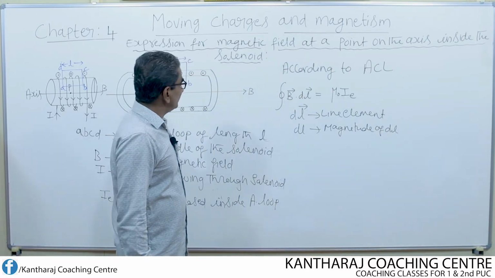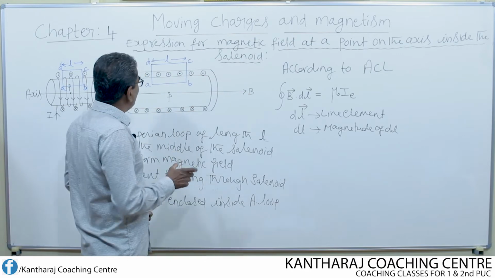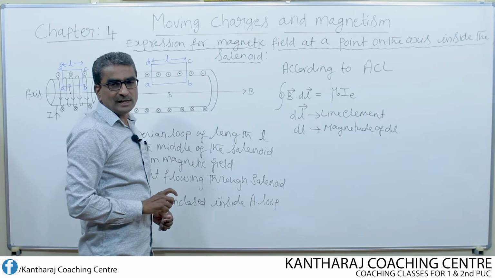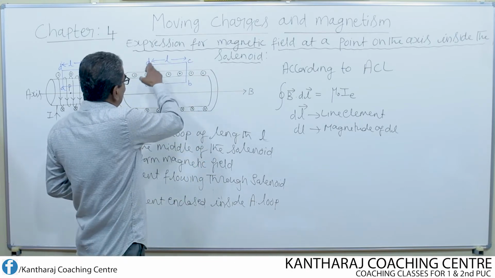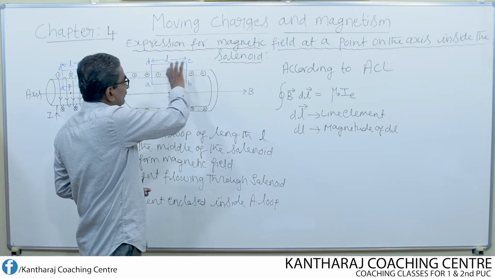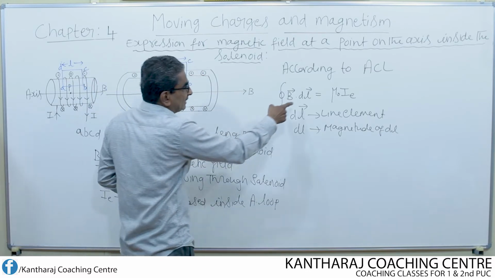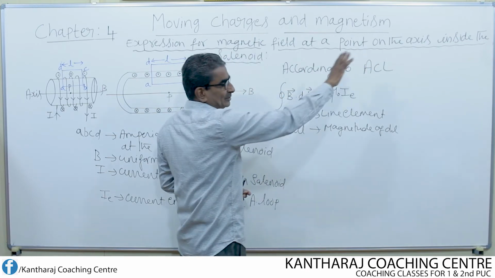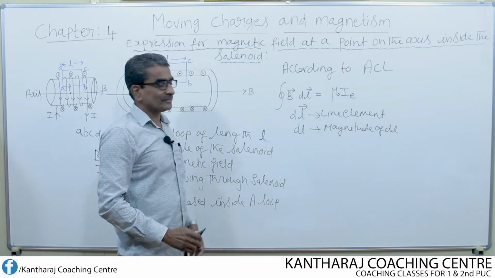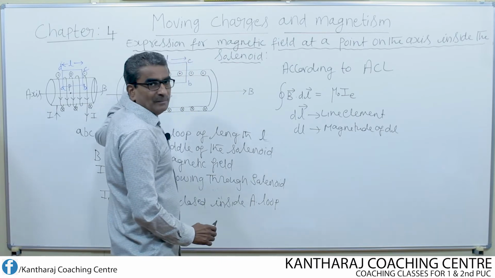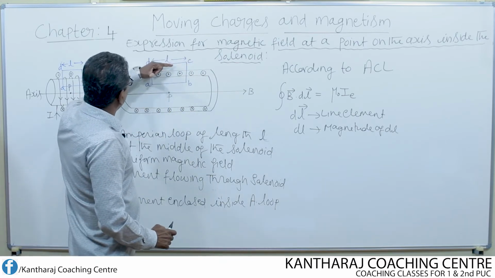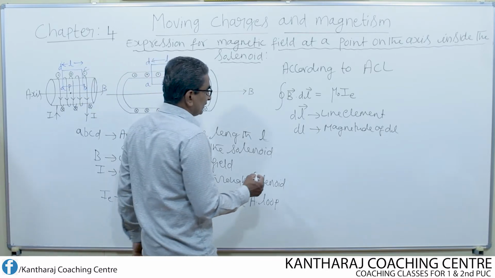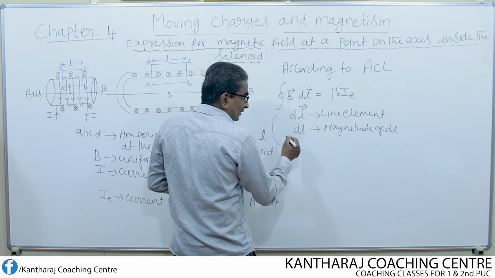Now what I do is, I find the magnetic field due to all 4 sides of this rectangular Amperian loop, and if I add the magnetic field due to all 4 sides, that total field is nothing but equal to the line integral of the magnetic field, and it is found to be equal to this much according to the statement of the law. First, what is the magnetic field along the path CD or along the path DC? Let us write this. So this equation can also be written like this.